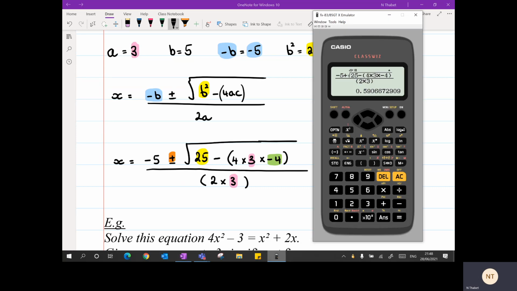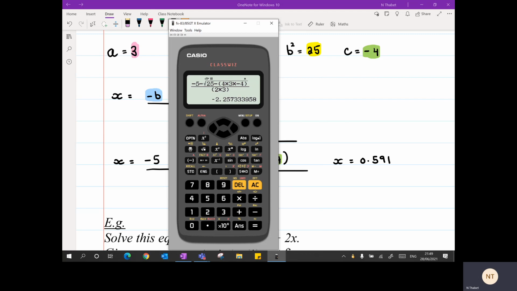And then I'm going to do the same thing, but instead of that plus, I'm going to type it with a minus. If you use your arrows, you should be able to, so I'm clicking on that left arrow to go back, and I'm going to delete the plus, put a minus, and then put an equal sign quite easily, and then the SD button, and this gives me x equals